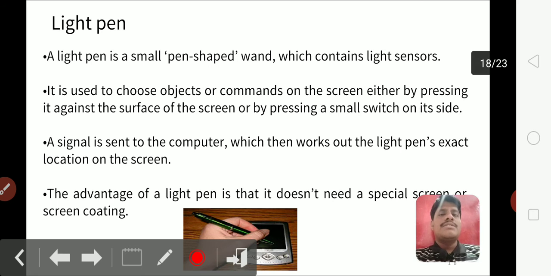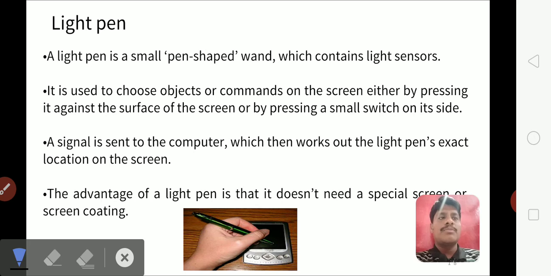Coming to the light pen. A light pen works based upon light sensors. The light sensors in the light pen target the object on the screen, and by pressing them, suitable actions will be performed.